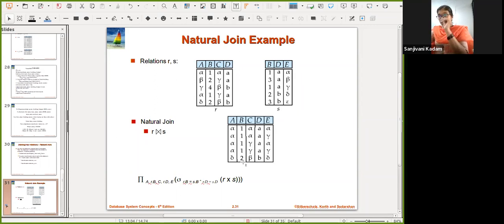So this will check the condition whether R.B equals S.B and R.D equals S.D, and then only it will perform the natural join.